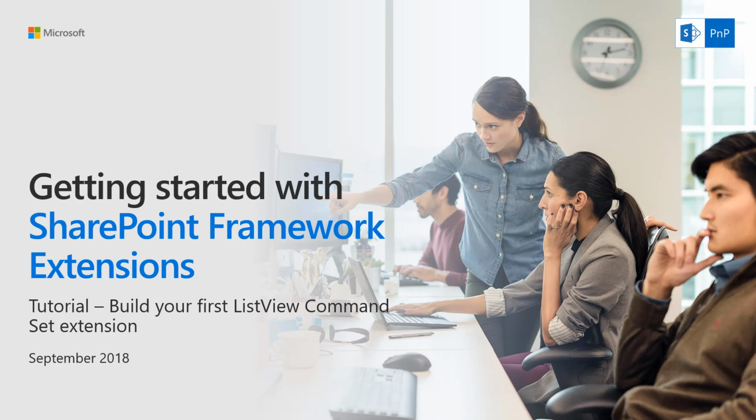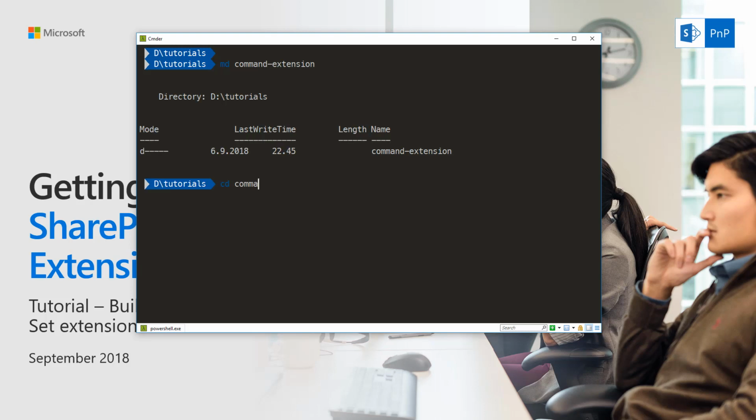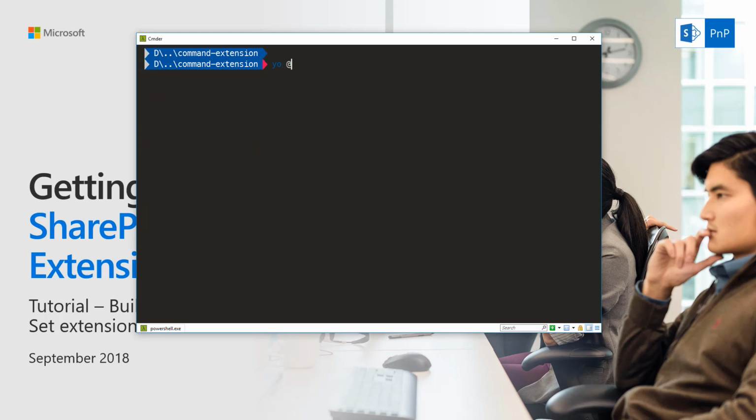Now let's jump right into the tutorial and start by creating the folder where we're going to create a solution. So let me create a folder for it. So MD command extension, and let's go to that newly created folder. In here we're going to run yo microsoft-sharepoint, and that's going to start the SharePoint Framework Yeoman